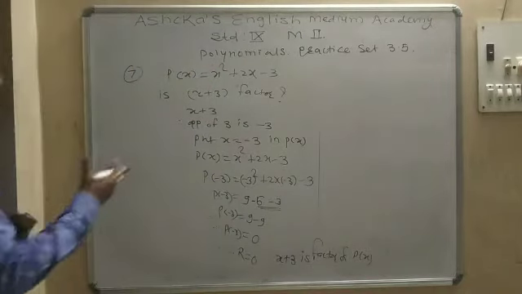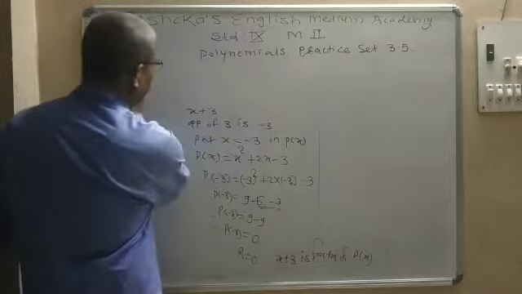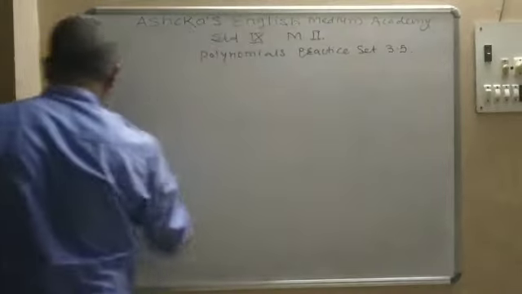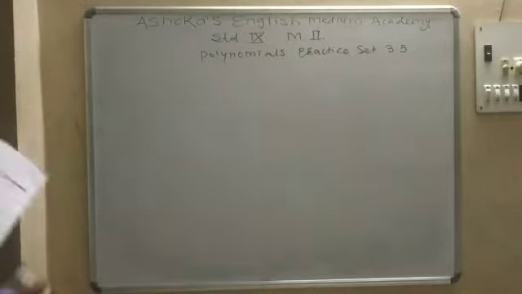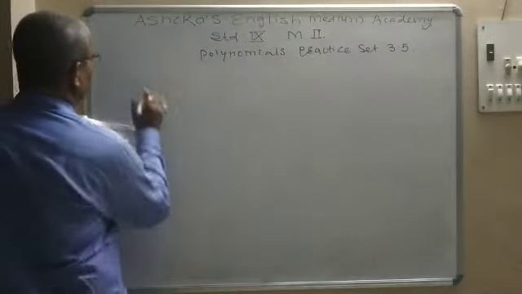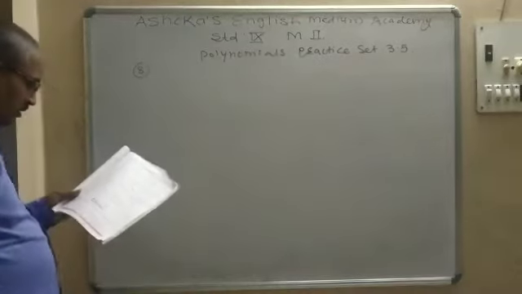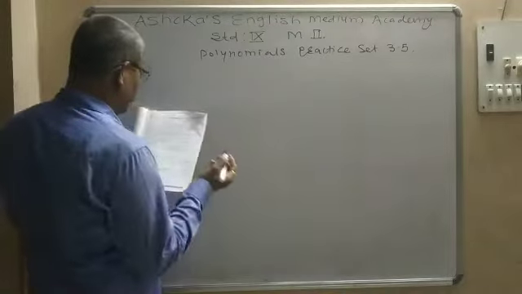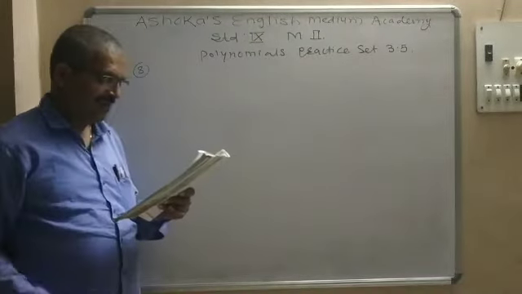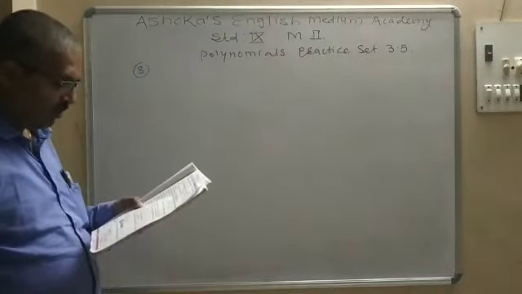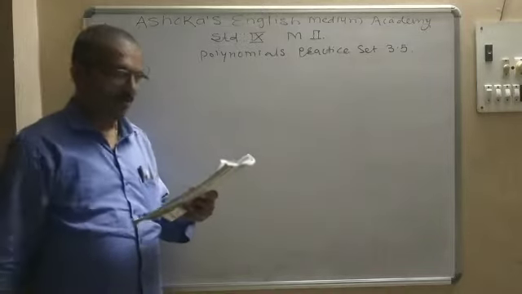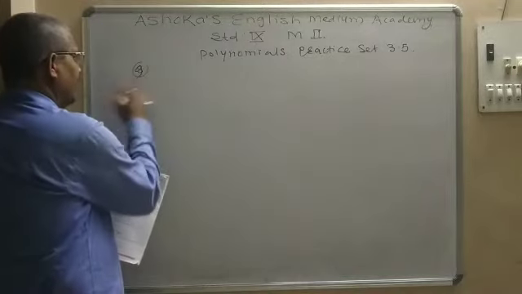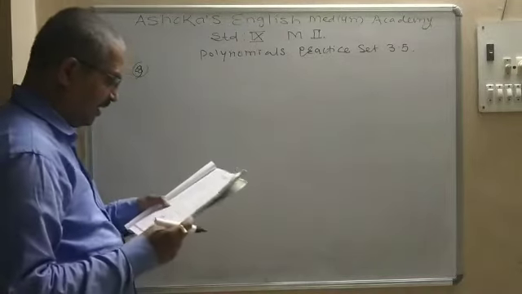Okay. Now we will enter into question number 8. What is question number 8? We will check it. There are 13 questions. It's very big, no matter. Now question number 8 is like question number 7. So instead of question number 8, I am going to enter question number 9. You should solve question number 8 as homework and enter the next question.